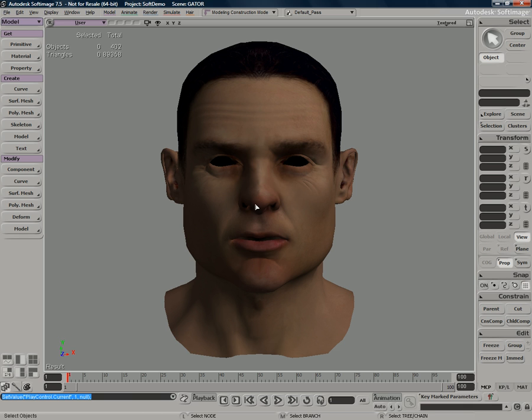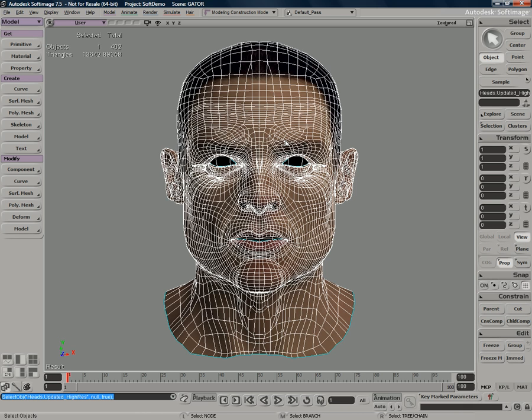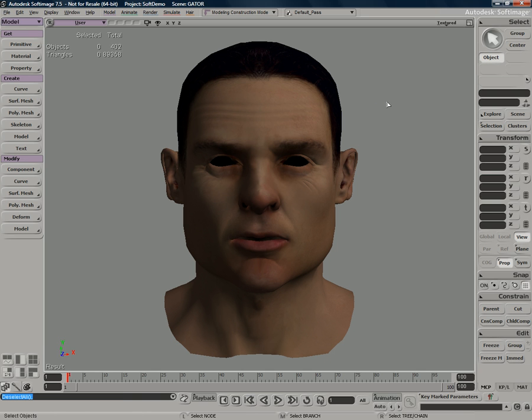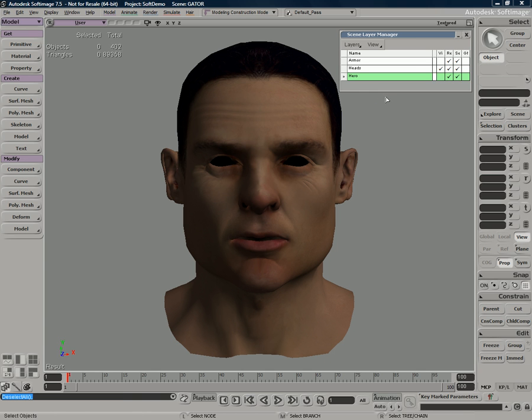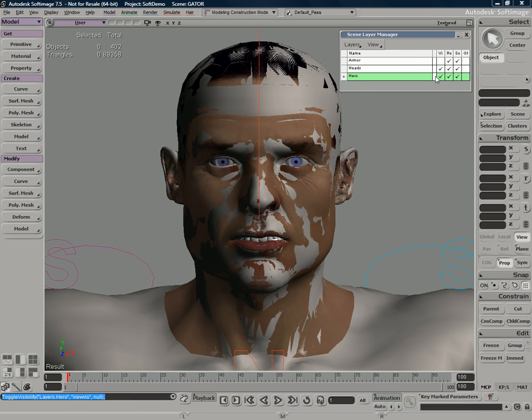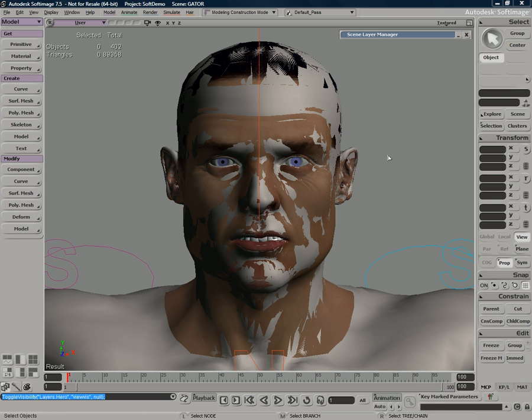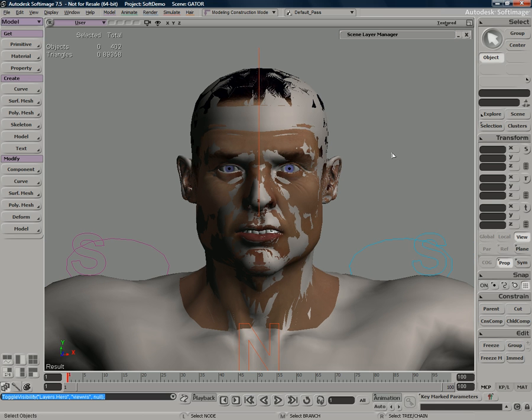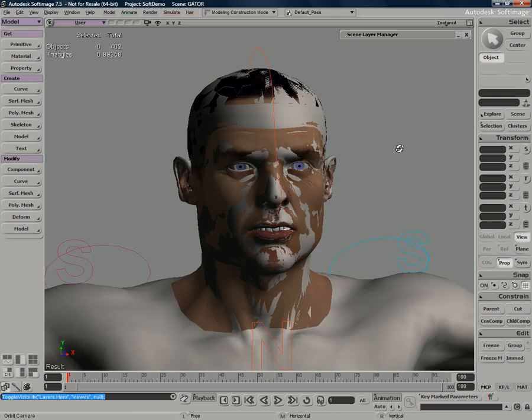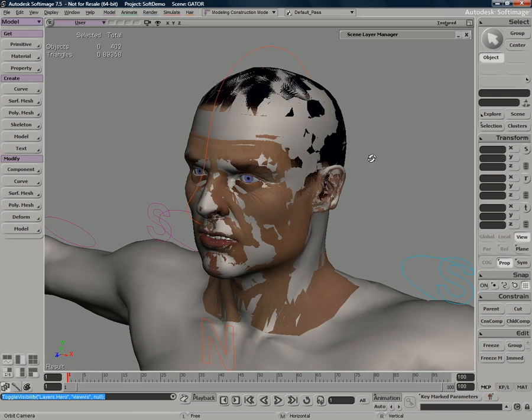The shapes are added, the textures are added, and now we're ready to actually add this new head to our existing character. So let's go ahead and press the 6 key. That'll bring up the scene layer manager, and go ahead and unhide our hero character, like so. And you can see we now have two objects over top of one another. If I orbit the camera by pressing the O key and just holding down the left mouse button, I can pan and orbit around here a little bit.